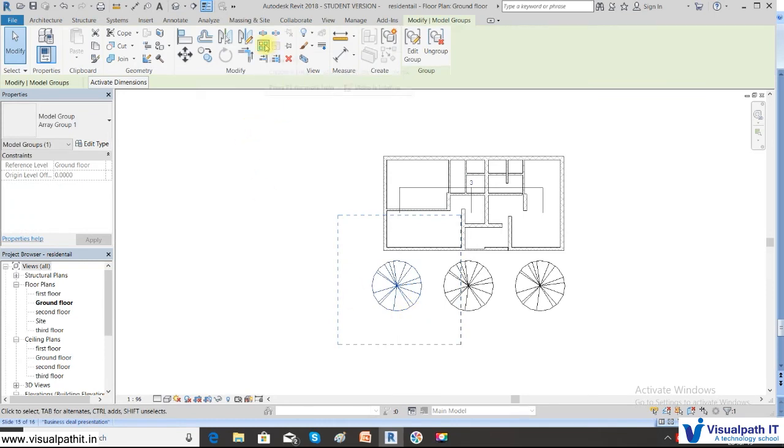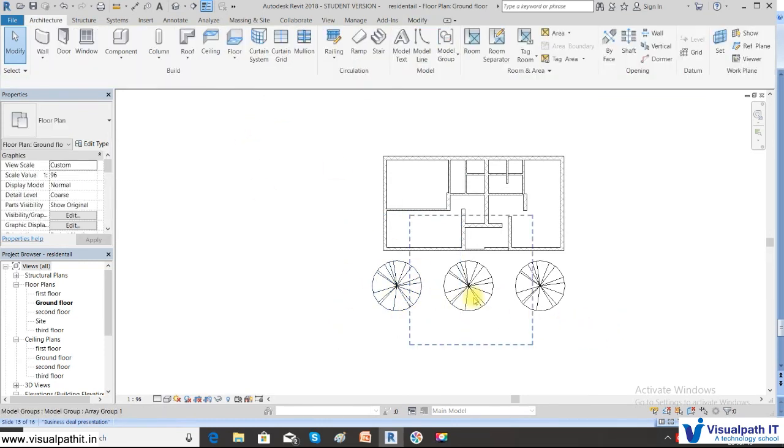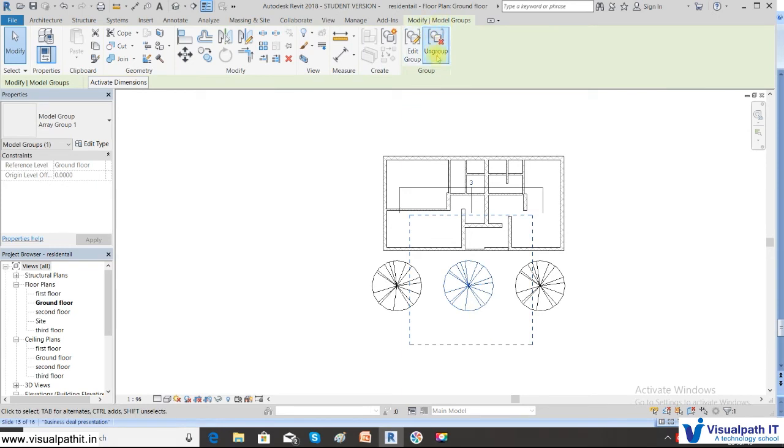When you select it, you see the option Edit Group. Once I do any action, all three will move together. If you want to edit only one part, you need to ungroup it. Only then can you move a single element when you array.